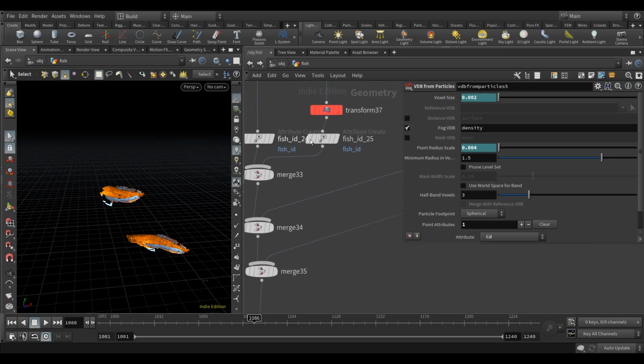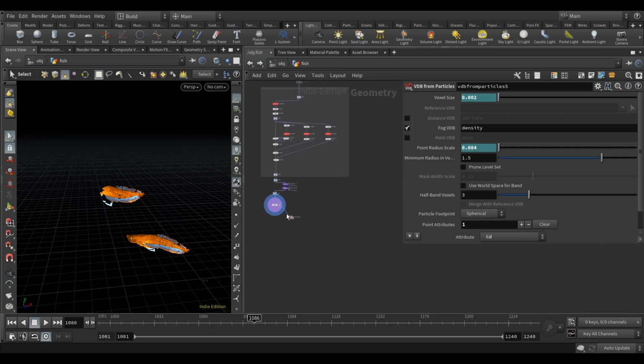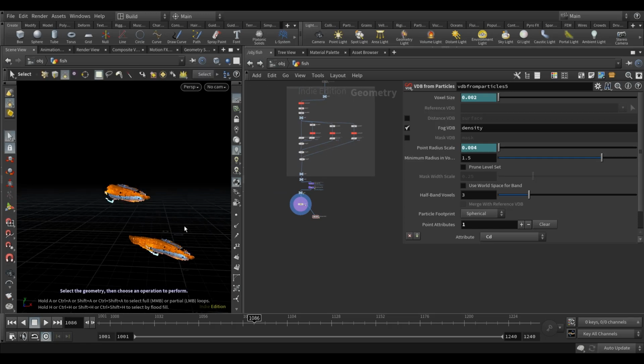So since we already have this fish ID set up, what I would do is split it into 4 fish and render them separately, so that you don't have to waste your resources to generate the volumes in between. That's going to be a really big waste, to be honest. And then,